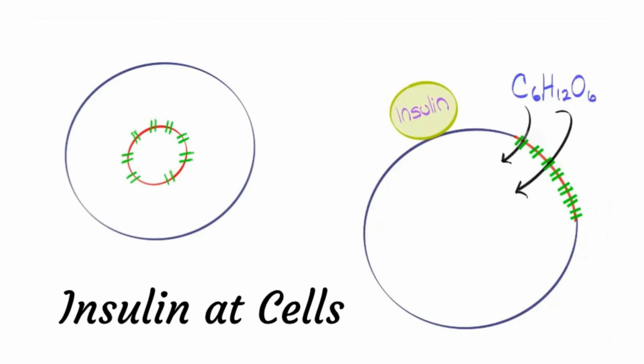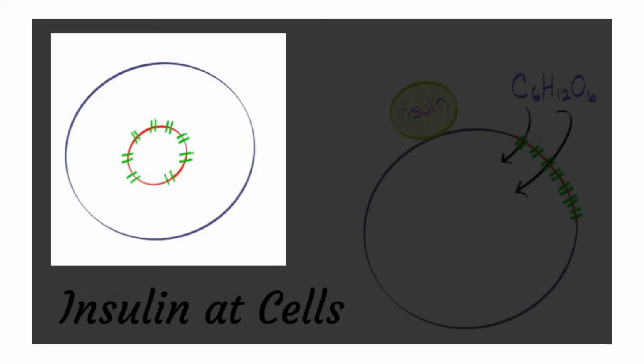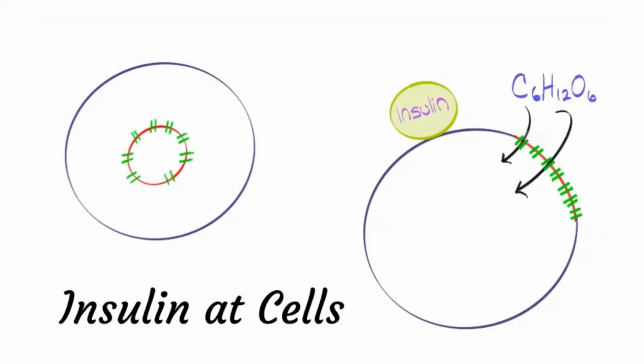So let's just assume this cell right here, the large cell in blue or purplish, is a skeletal muscle cell. The function of insulin at skeletal muscle cells or at adipocytes is to facilitate glucose uptake. That is the movement of glucose from the blood plasma into those cells. Now, truth be known, skeletal muscle doesn't absolutely require insulin, nor do adipocytes. But with the insulin stimulus, they are permitted greater glucose uptake because they have more glucose channels embedded in their